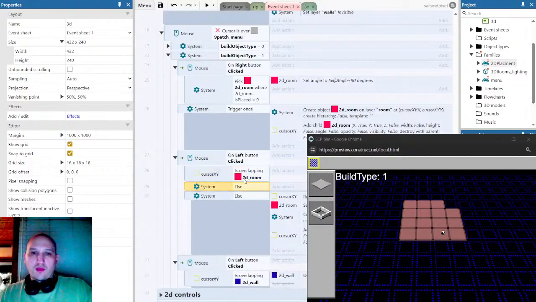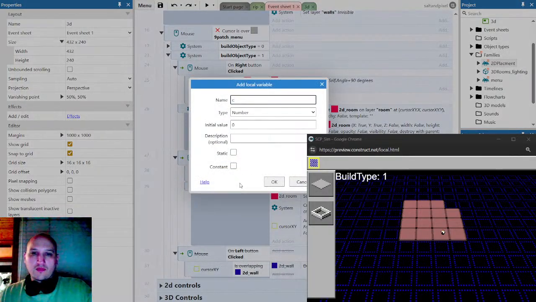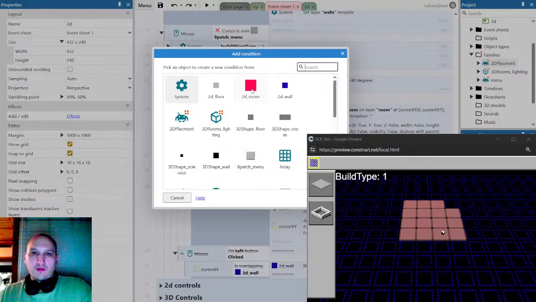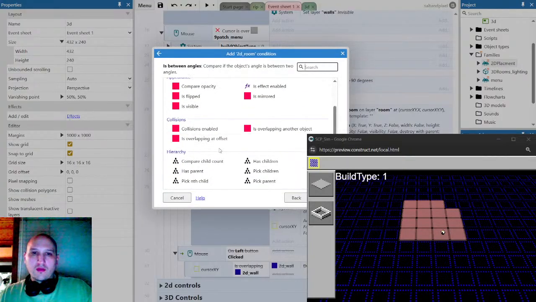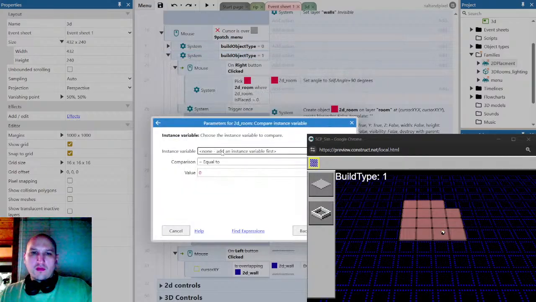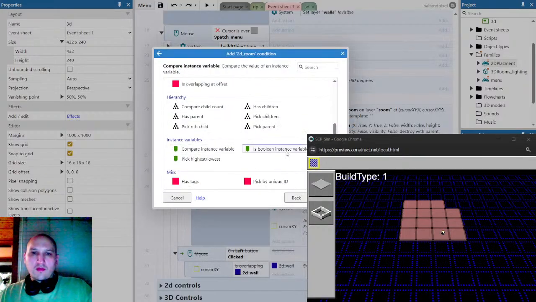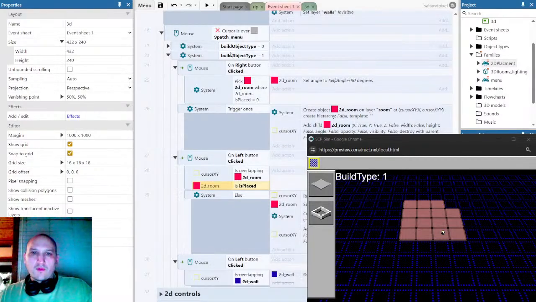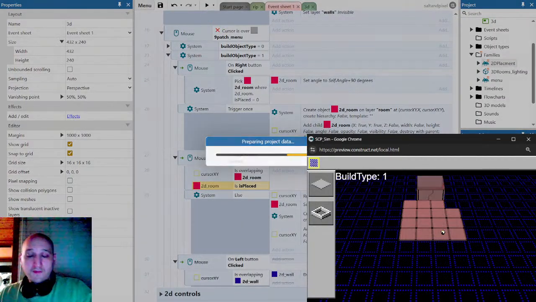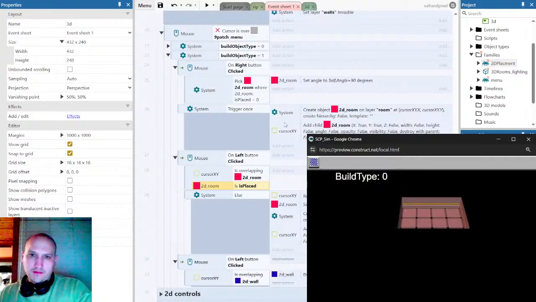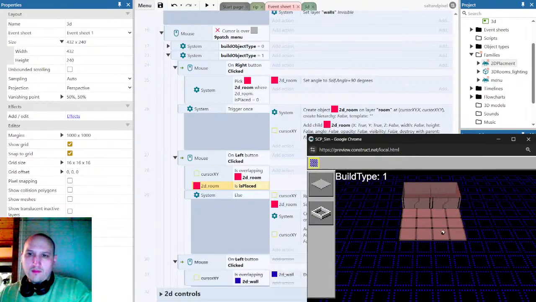So we need to actually do this and go normal. That go in the room. And is placed. Don't do anything. Alright, so place the room, place the room. There we go. And I can probably do that for